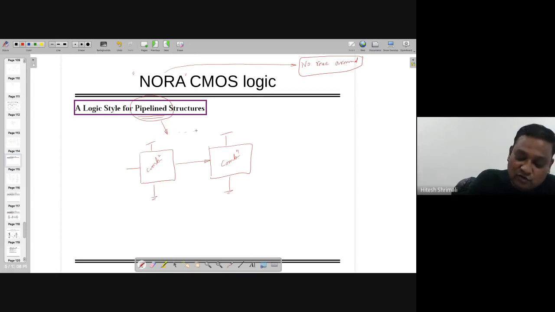So when you were doing this, there were some problems in terms of the output, right? And we solved that using domino logic,